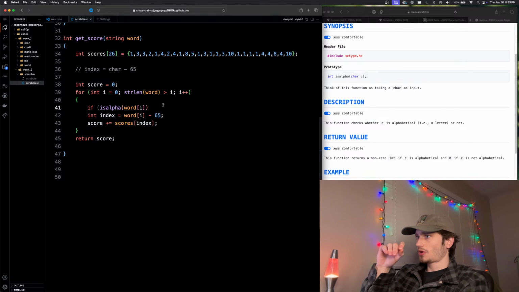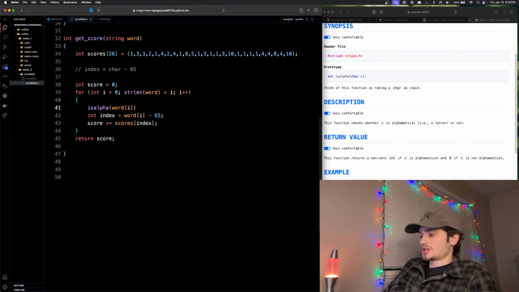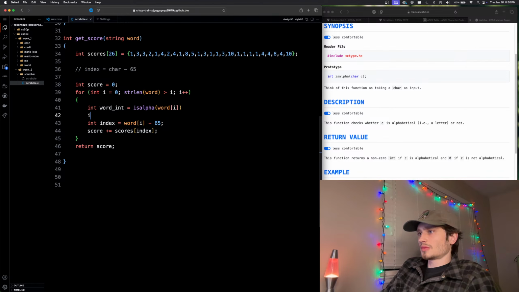So if the word is alpha, that would return. So we need to set it to a variable, which is the word, right? So word int equals this. This gives you an int, right? We say if word int